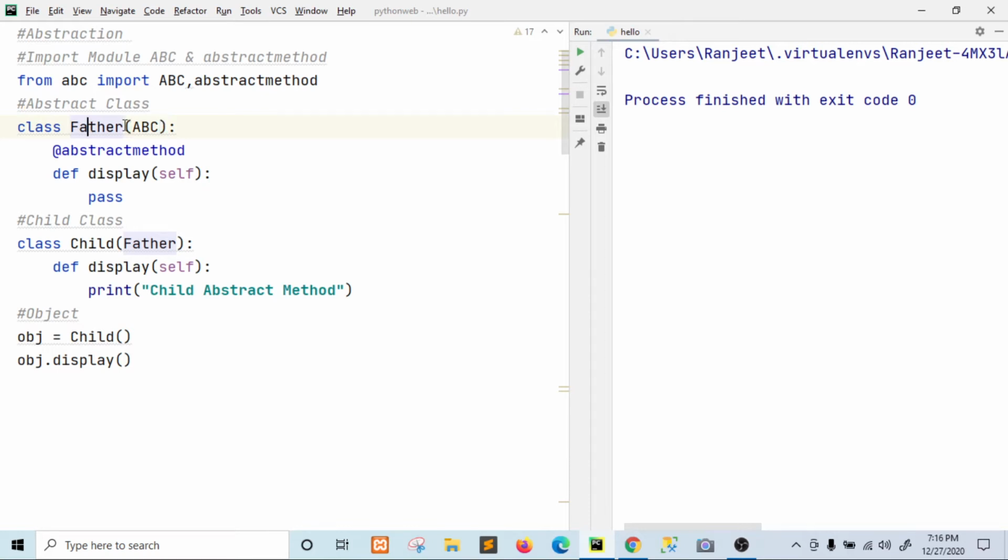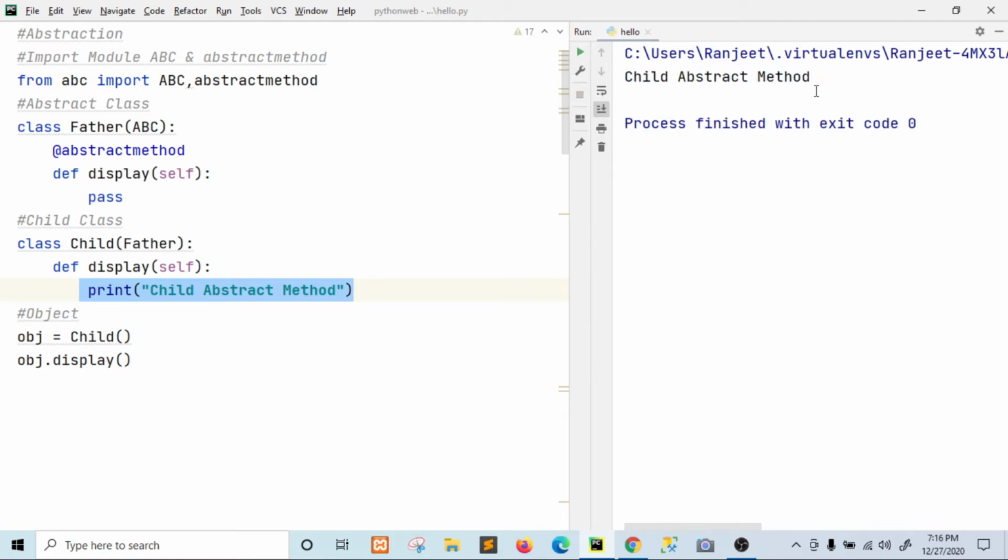To make this Father class an abstract class, we pass abc here, and this method is an abstract method. We just declare it but did not give any implementation; we are giving it in the child class. If you run this, the output is child abstract method.